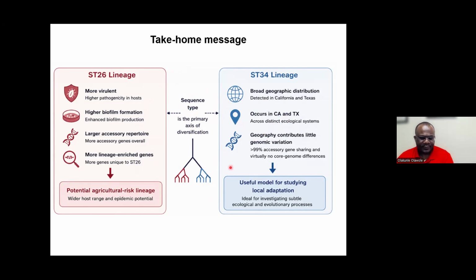So future work is going to focus on functional validation of some of these lineage-enriched genes, and also plasmids and prophages. We performed some of those analyses, but of course we are not presenting them. That's going to be too much of a study to include in a single presentation. So together, these findings suggest that evolutionary lineage, and not geography, is the major determinant of diversification in plum-associated